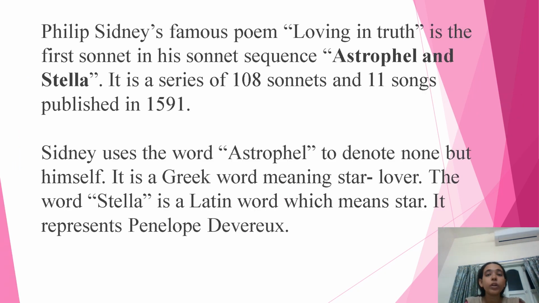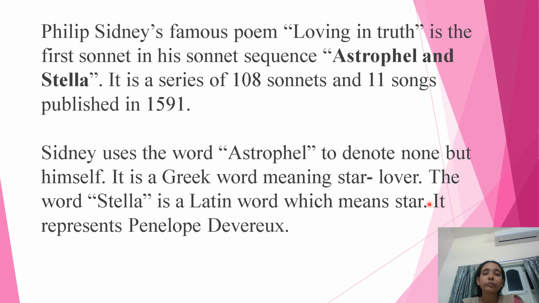Before directly dealing with the text, we are going to have a little background about Sidney's sonnet and the sonnet sequence, right? This is a sonnet from the sonnet sequence known as Astrophil and Stella, which was published in 1591, and it has 108 sonnets and 11 songs. The word Astrophil is a Greek word which means star lover, and the word Stella is a Latin word